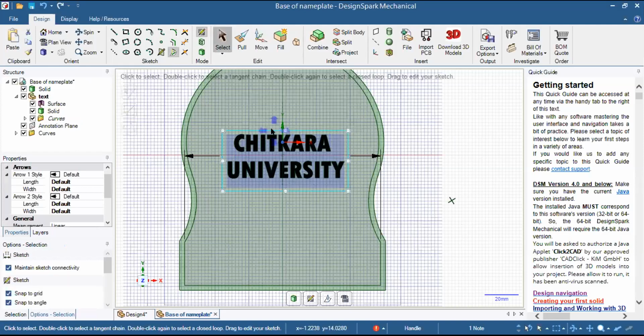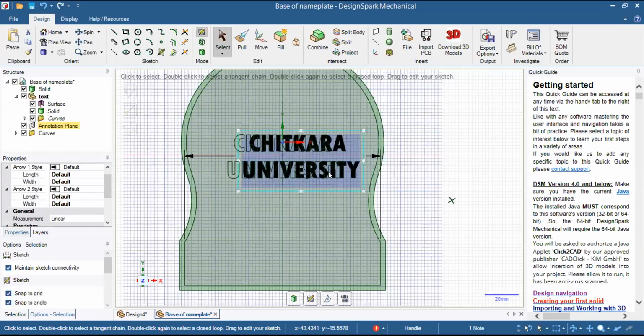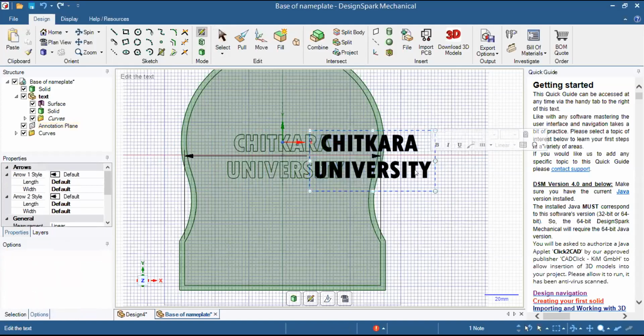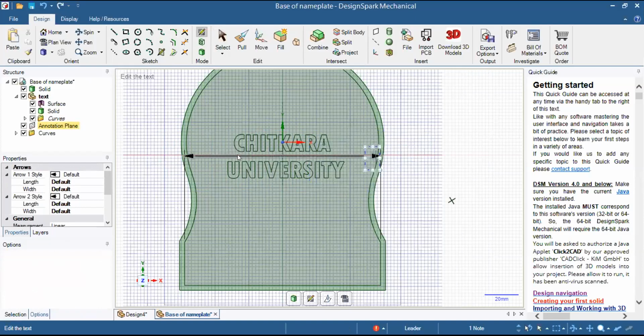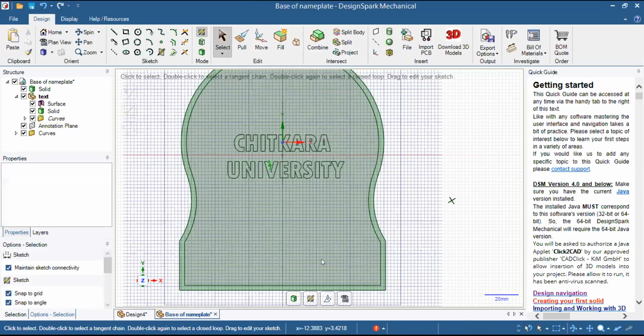Now we'll go to select and you can see it has been created, projected to screen. I need to delete this, and then I need to delete even, yes.